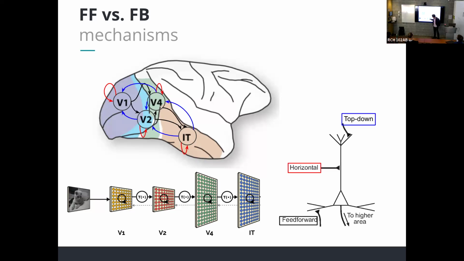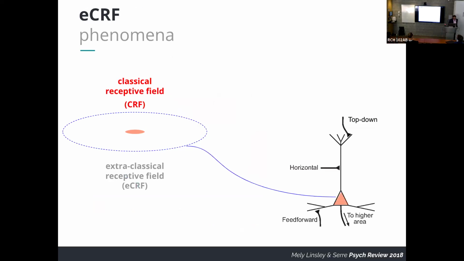So top-down, running from top to bottom, and recurrent horizontal or lateral connections would be running within a processing stage. Okay, so we wanted to build models of, and better understand, the role of cortical feedback for visual processing. And so as our starting point a few years ago, we tried to build a model of so-called extra-classical receptive